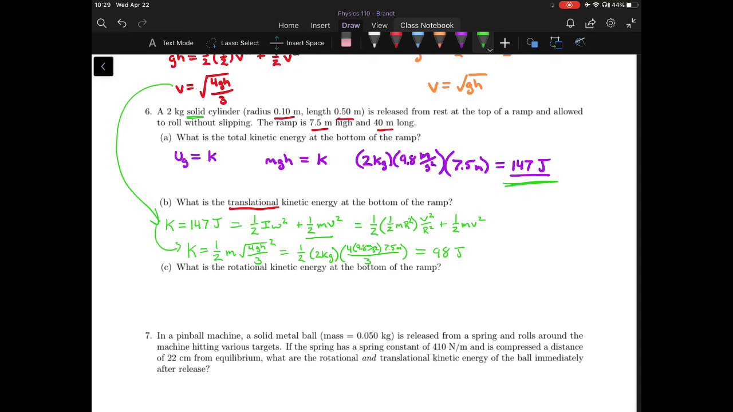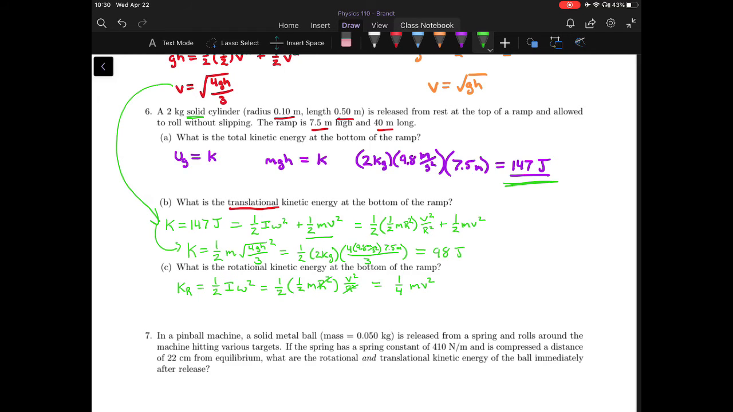This one, we said Kr is equal to 1/2 I omega squared. And from earlier, we looked up I, which is 1/2 mr squared. And then omega, which is V over R, both squared here. Well, those R's are going to cancel with each other, and we wind up with something that's 1/4